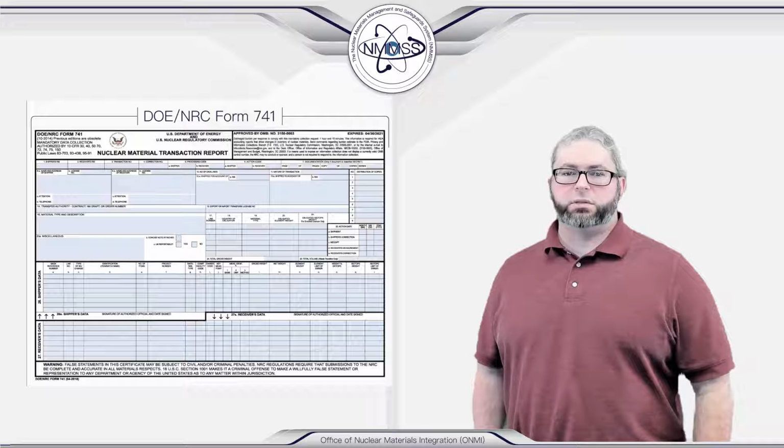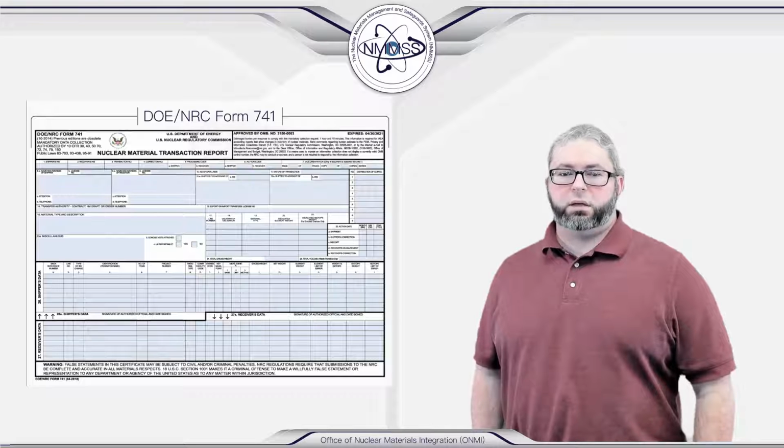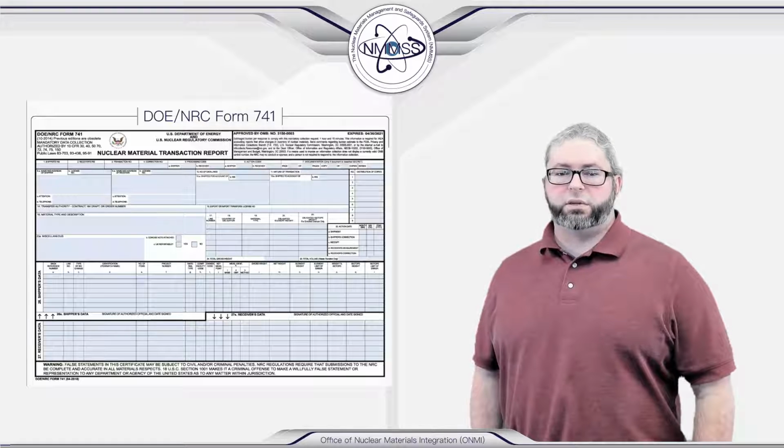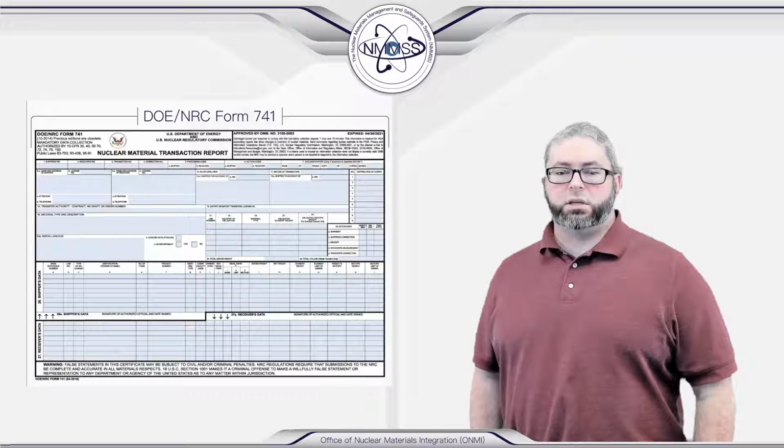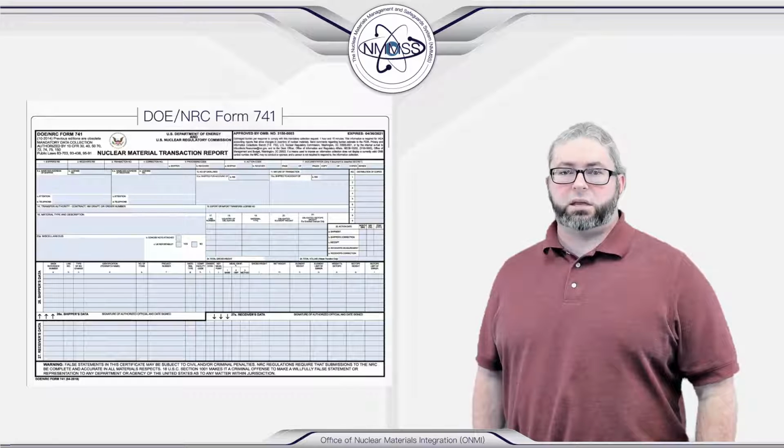DOE sites and NRC licensees report transaction activity to NMMS based on the same criteria mentioned earlier when determining who is required to reconcile with NMMS. This activity involves shipments, receipts, or internal facility inventory changes of nuclear material involving a facility. These activities are reported to NMMS using the DOE NRC Form 741. Shipment transaction activity is reported to NMMS within 1 day, while receipt transaction activity is reported to NMMS up to 10 days after the receipt.